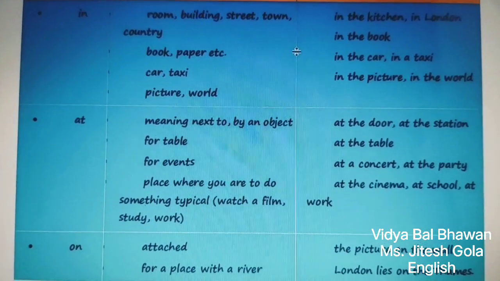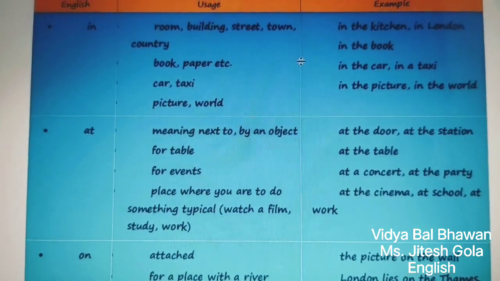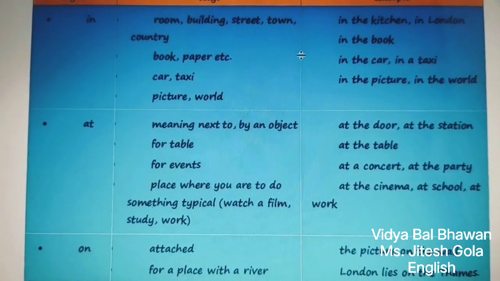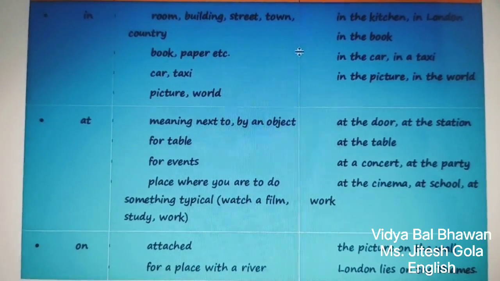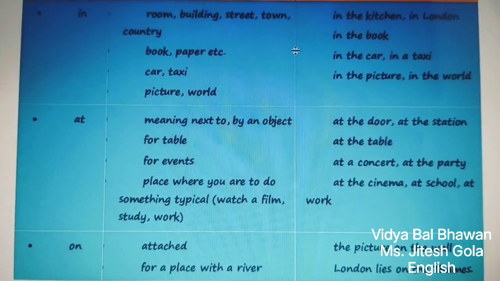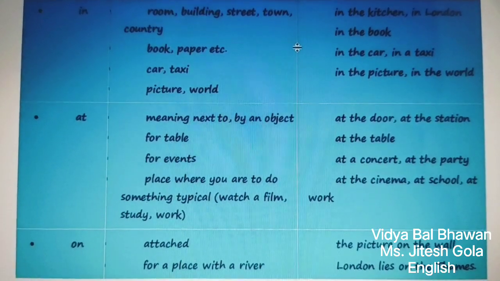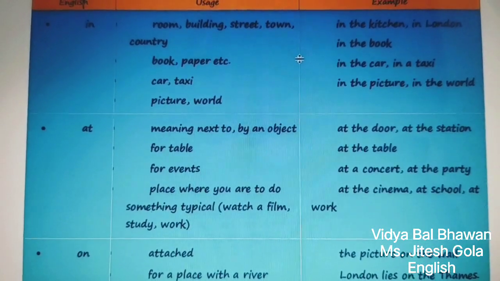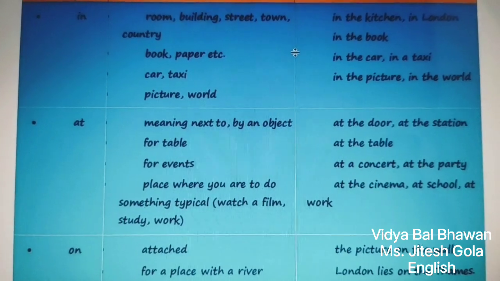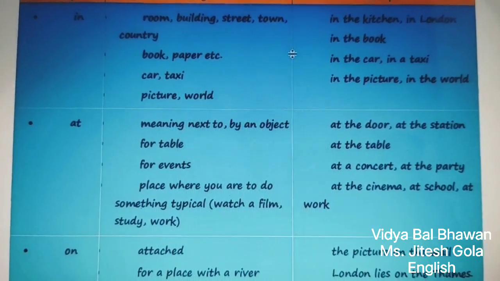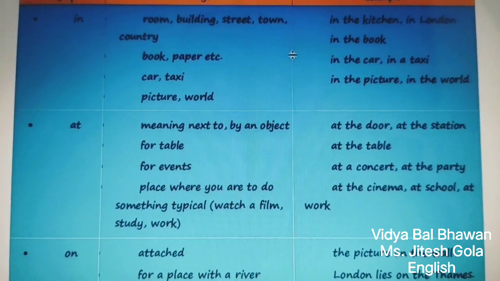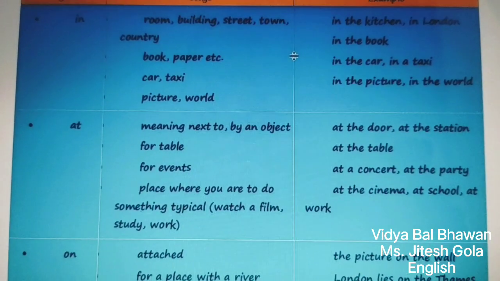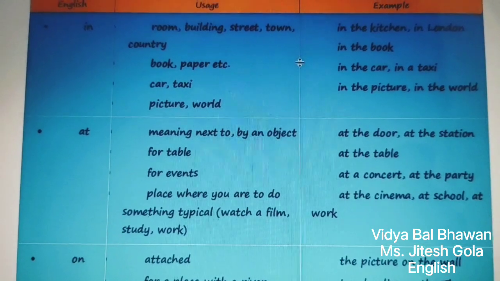And now all of you quickly write down the sentences using in, and it can be related to the place or time. Quickly, two sentences you have to write down right now, and please make sure that you are doing it in legible handwriting. Is it clear? 2 sentences using in.